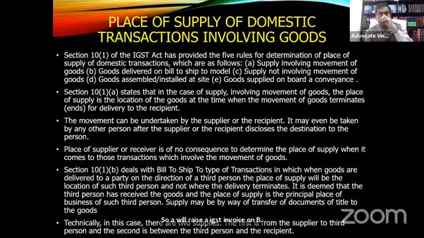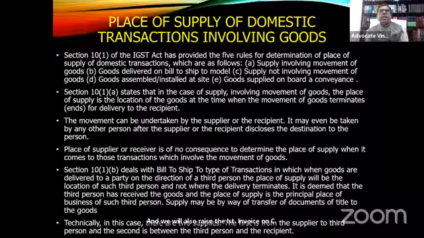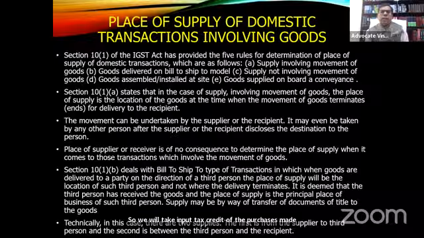Now, B will eventually raise an invoice on C also, where the goods are destined or getting consumed. And B will also raise an IGST invoice on C. So B will take input tax credit of the purchases made from A, and ultimately he will sell goods to C. So in this case also, eventually the tax will accrue to the state where C is located, that is Maharashtra.